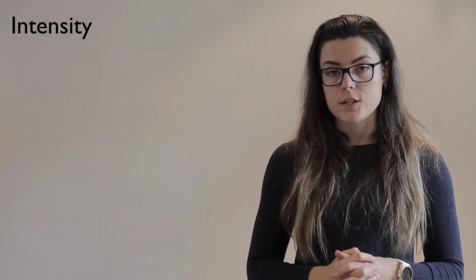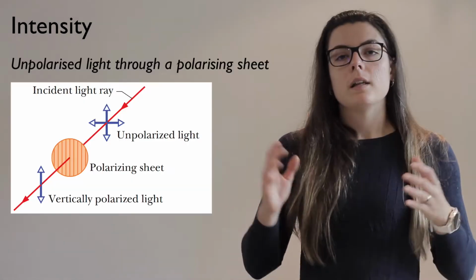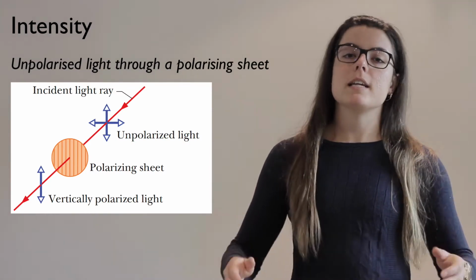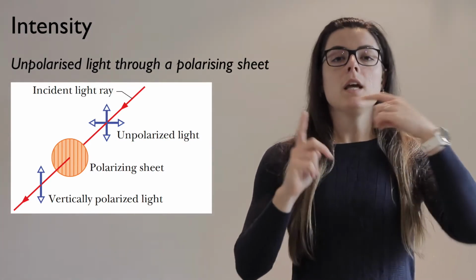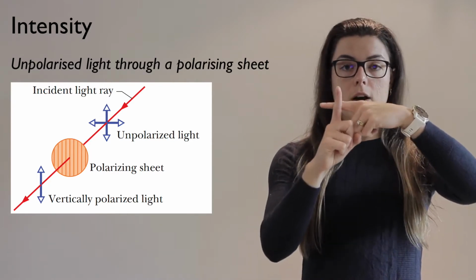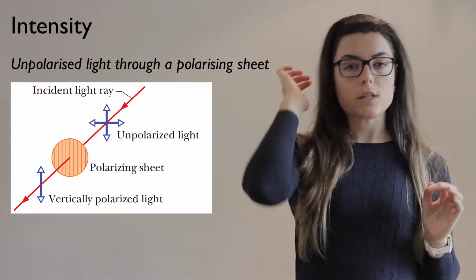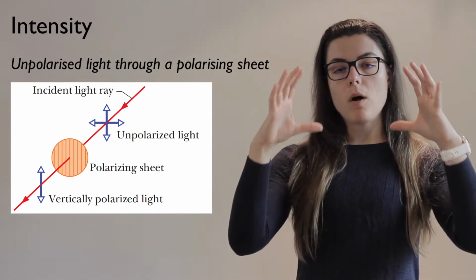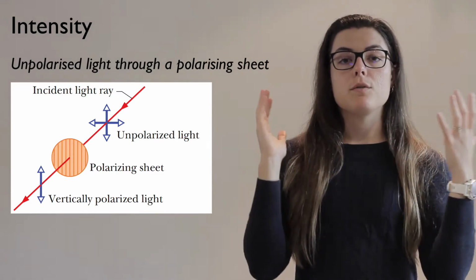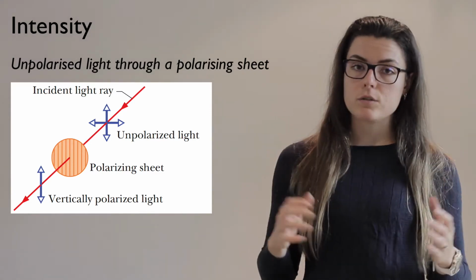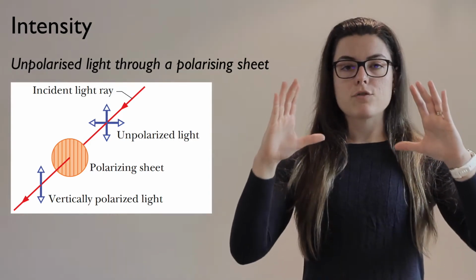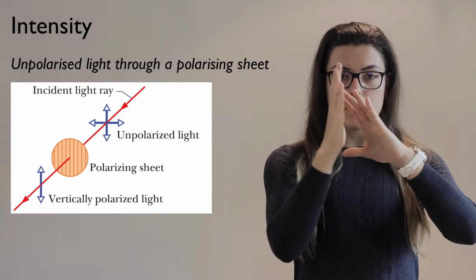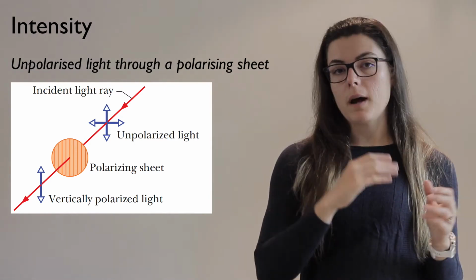Okay, so now let's talk about the intensity of light once it has passed through a polarizing sheet or more than one polarizing sheet. Let's start off with when we have light that is unpolarized. So it's coming in, the way we would draw that is by doing our cross vectors, remember, and it's coming in towards a polarizing sheet. So for example, if we have a polarizing sheet that is parallel to the y direction, or it's parallel to the vertical direction, only electromagnetic waves with electric fields that have a vertical component are going to pass through the